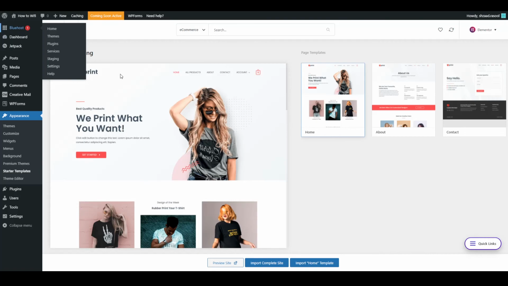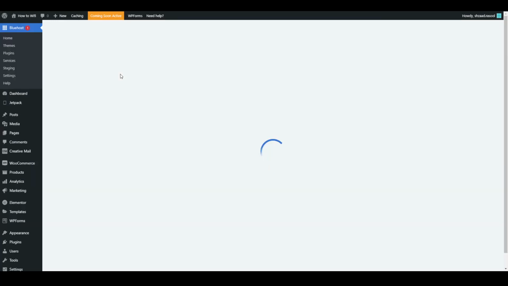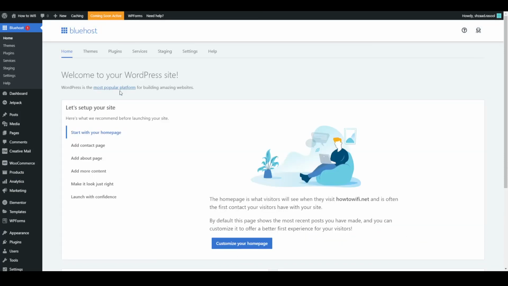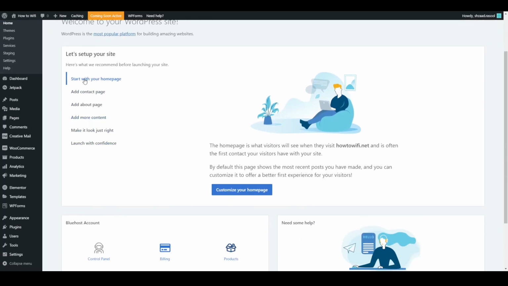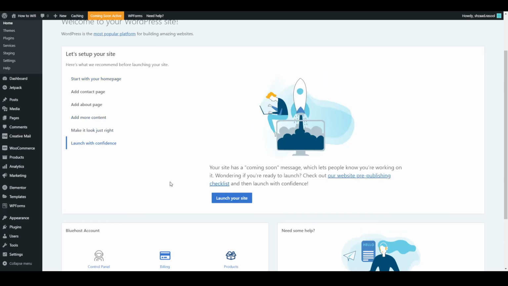and go to Bluehost, and here you can see here are some steps which you have to follow, and you have to start with your home page, add contact page. These are some important steps which you can follow, and at the end you can launch your site by clicking here, launch your site,